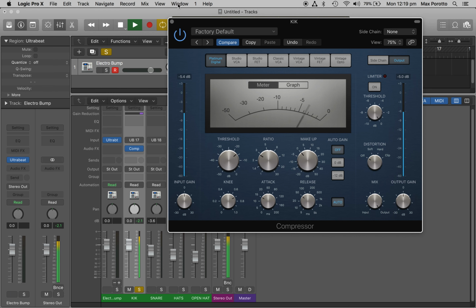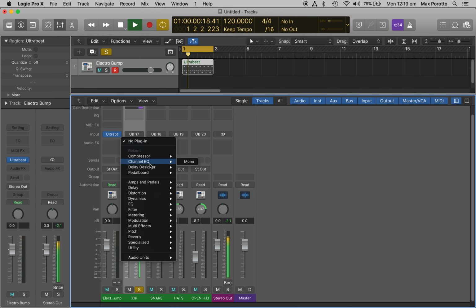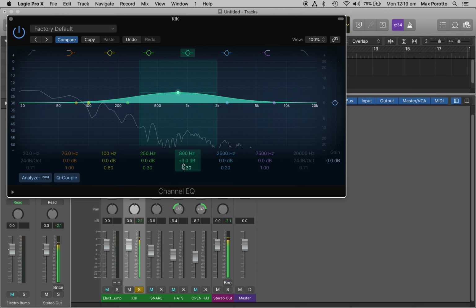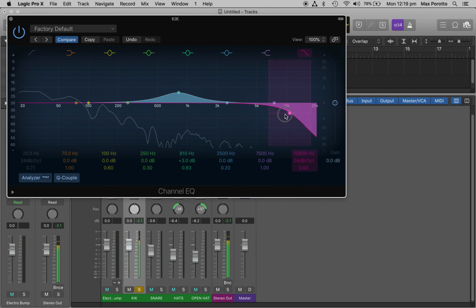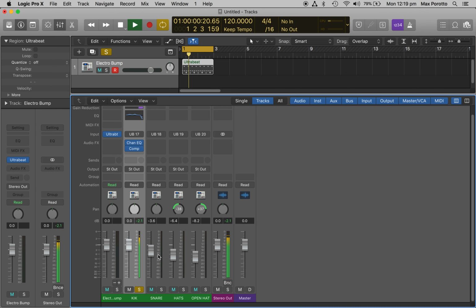Okay, so what if I want to add perhaps some, by the way, you can sort of move plugins up and down. So what if you want to have some EQ? Okay, you can kind of just add a little bit of attack to it. And maybe just like, and we're on. Okay, so now for the snare drum,